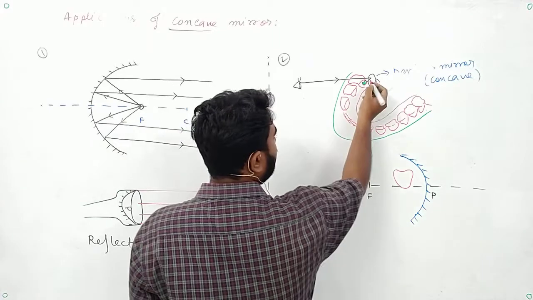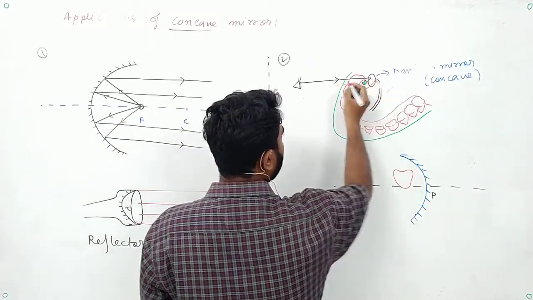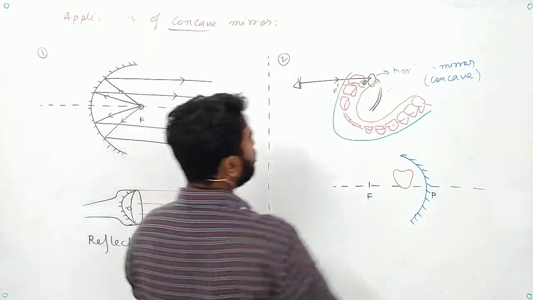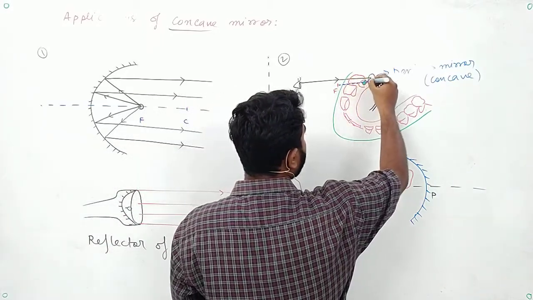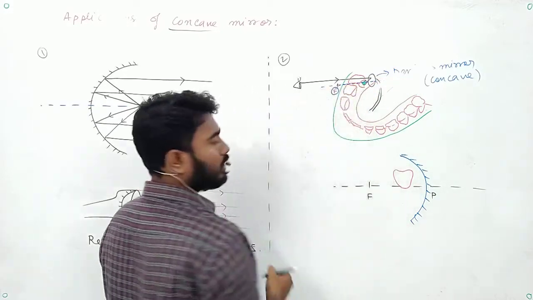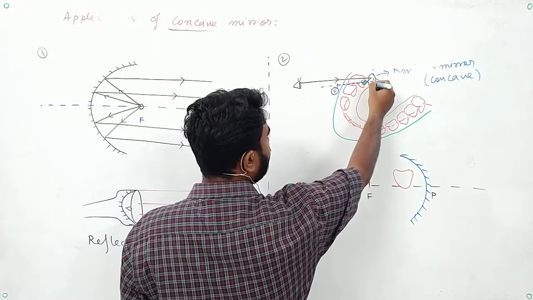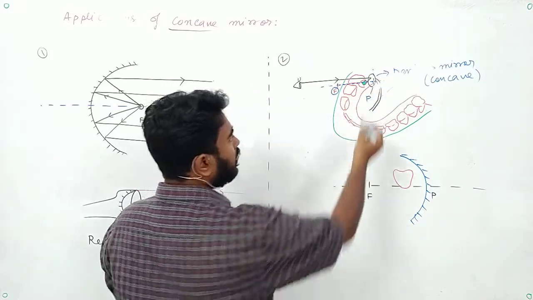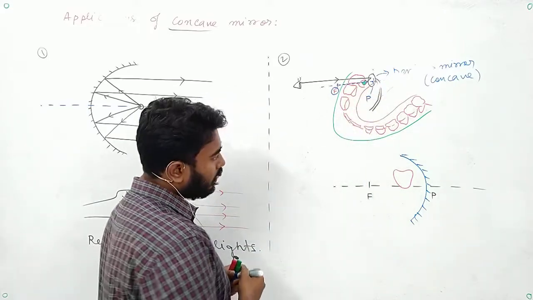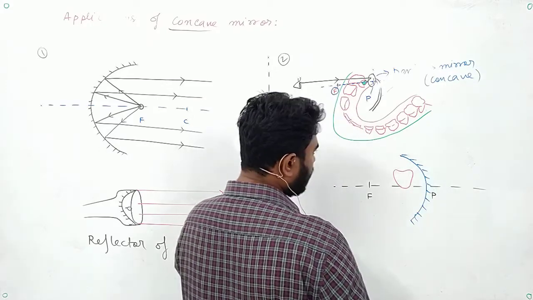So if this is the mirror, suppose the focus of the mirror is here, and this is the principal axis. Now where are your teeth? This one will be the pole. Your teeth are in between focus and pole. Okay, what happens? You will see a virtual image,